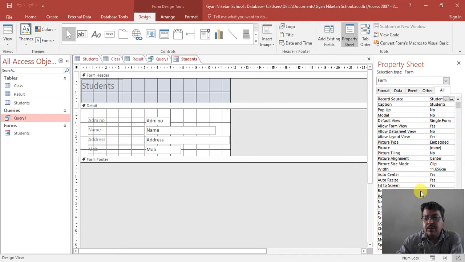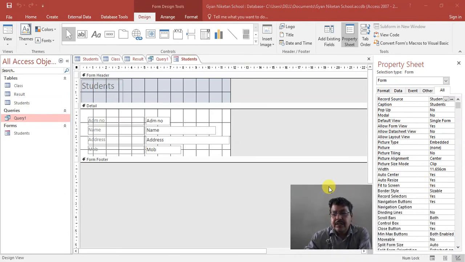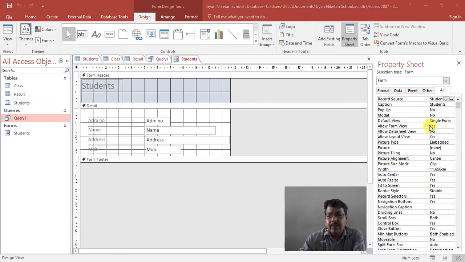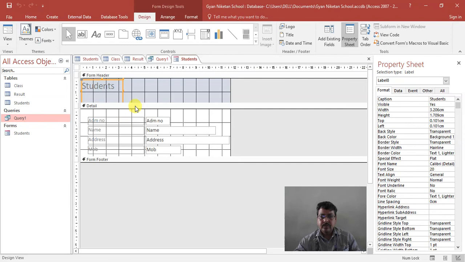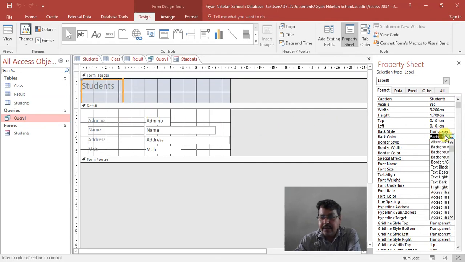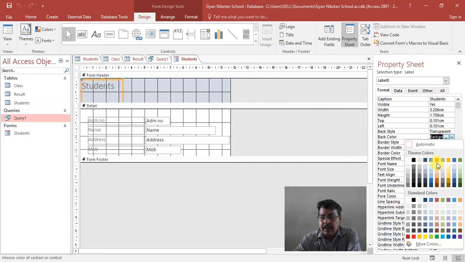In that view, you can select any of the options. Suppose you want to change the background color. So you can select any of the colors like this one.